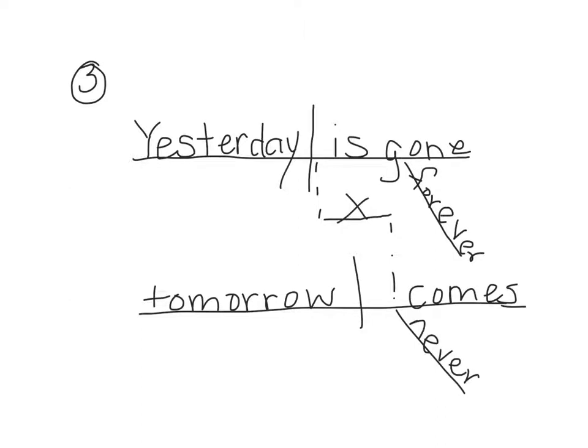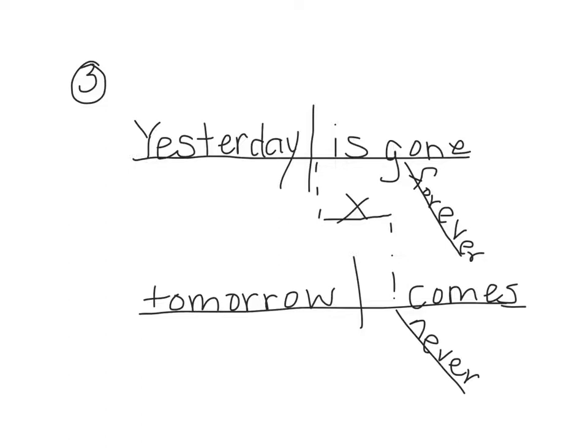Here you see the second sentence you were supposed to diagram from page 150, Think C, and that is number 3. The compound sentence starts with the first sentence, yesterday. Even though that is a time, it's a thing here, or an idea maybe, for this sentence. Therefore, it's your subject. Yesterday is the subject, is gone, and then I have an adverb, forever, which must be diagrammed underneath my verb. It is joined by a semicolon, therefore I use the X on the stair step, and